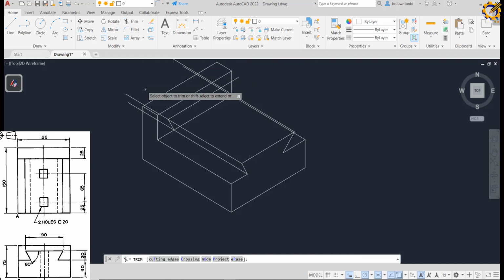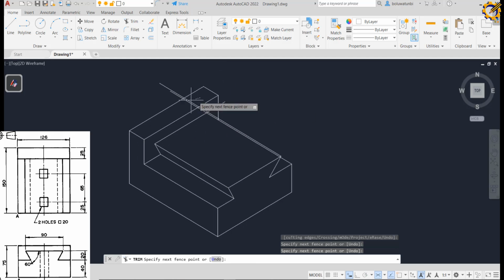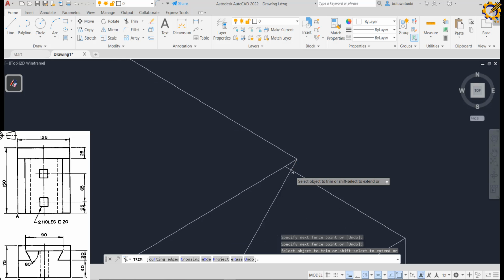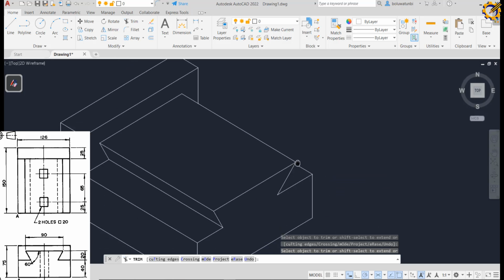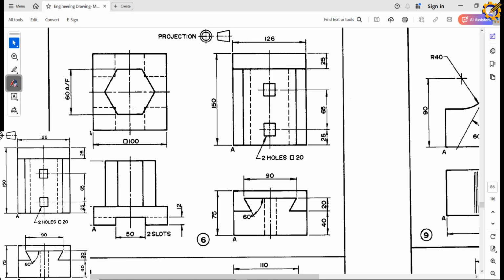So then with my trim, I trim this, I trim this, I trim this, I trim this, I trim this. I trimmed all of this. Alright, then I think I'm going to trim this also. Having this right here like this, looking at the problem, this area from the center there is